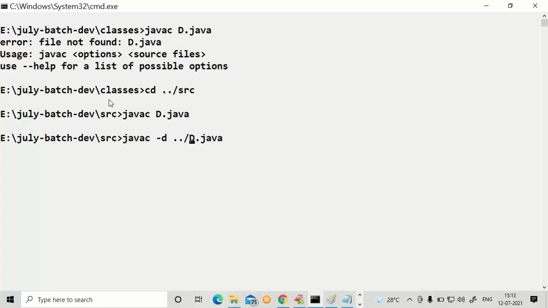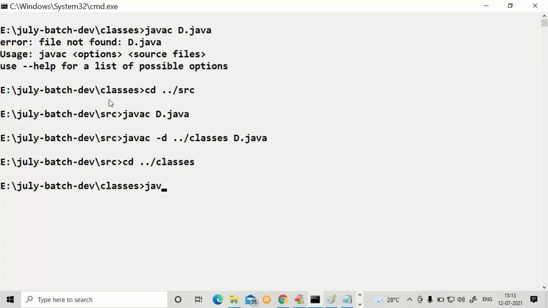In the middle, you have to mention the classes folder, then space D.java. Go to the classes folder. Trigger java command to run class B. Trigger java command to run class D.